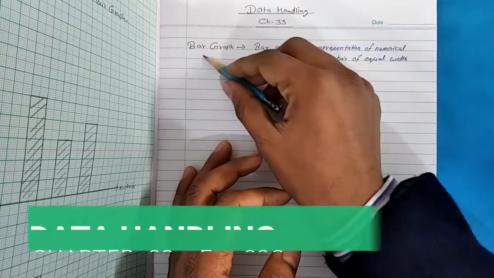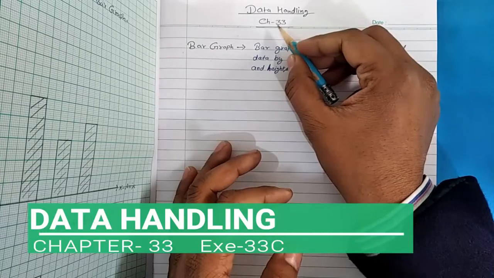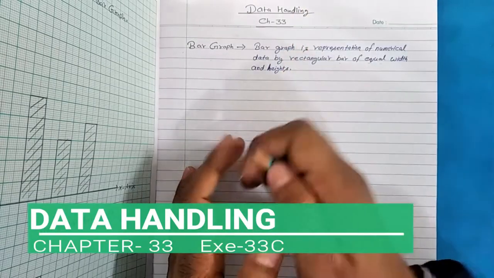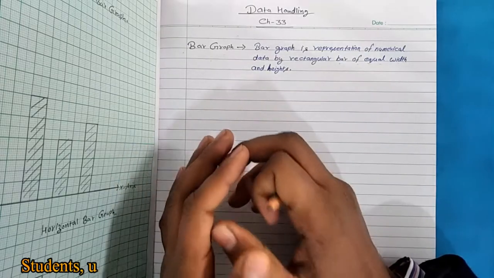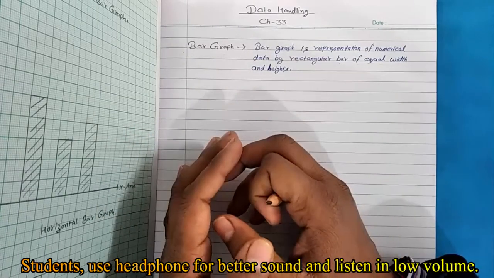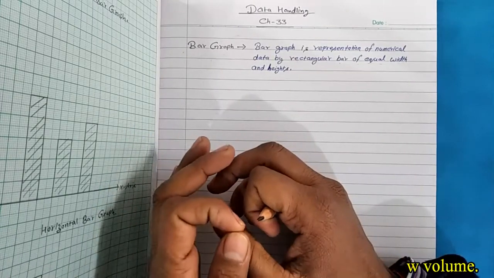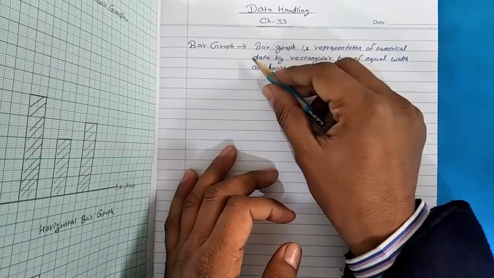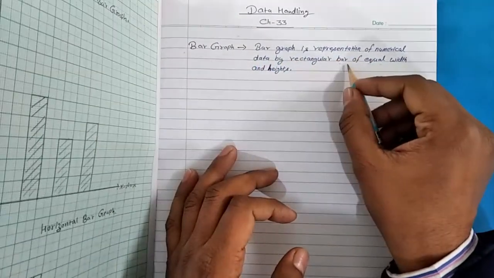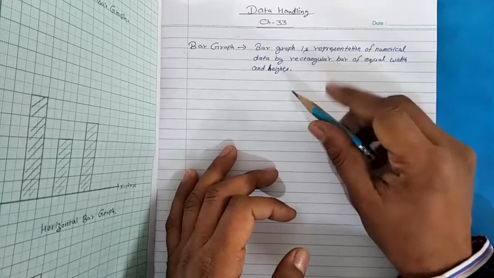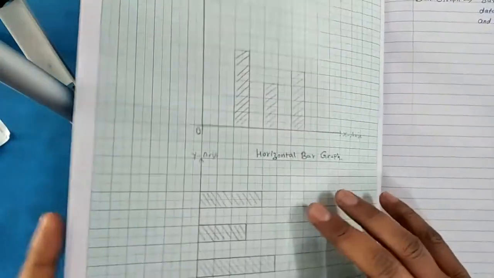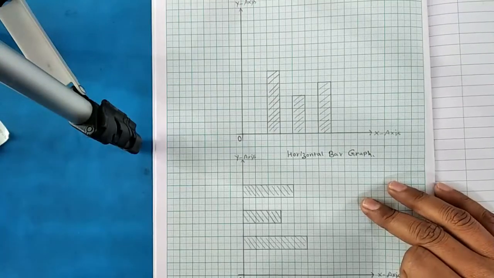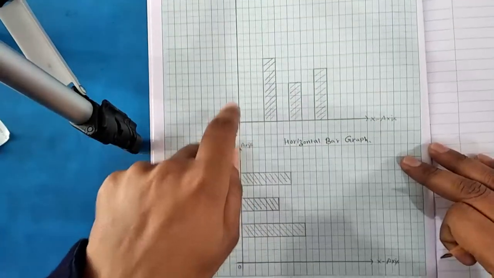Today I am going to start the new topic, bar graph, in chapter 33, Data Handling. As I already told you about the pictograph, in a pictograph we represent the data and numerical value by using pictures, but in a bar graph we represent the data by using rectangular bars of equal width and equal height. Okay, as I am showing you a bar graph over here,